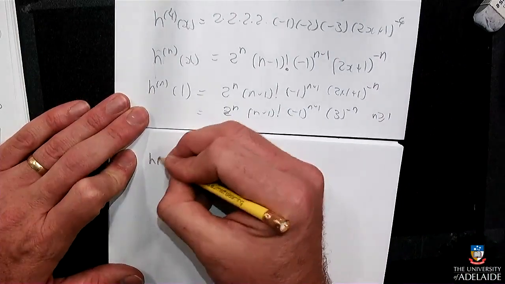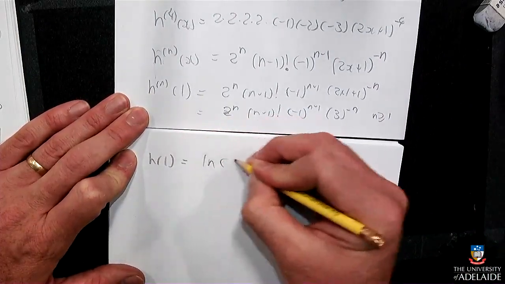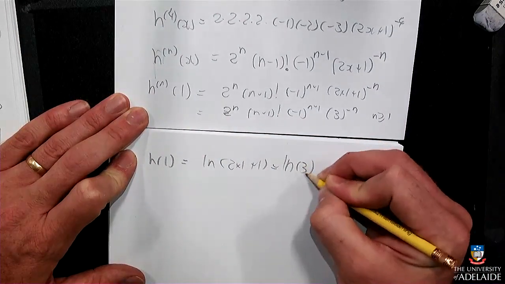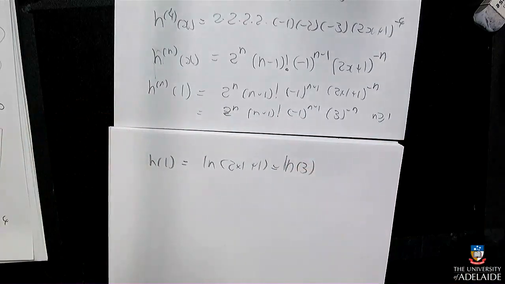And h of 1 I'm going to have to figure out separately: ln of 2 times 1 plus 1, which is ln 3. Which is sad, because the whole point of this was to figure out what ln of something is, and the only way to know it is to know what ln of 3 is, but we'll ignore that. Okay, so